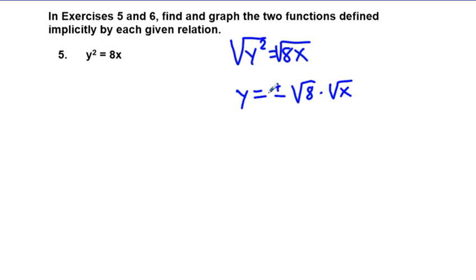So those are two functions defined. And so we can just leave this like this. We could rewrite the square root of 8 if we wanted to as 2 square root of 2. That's not too important. To graph,